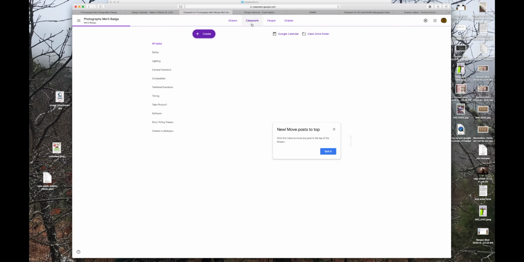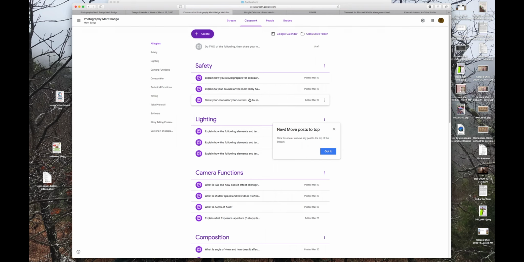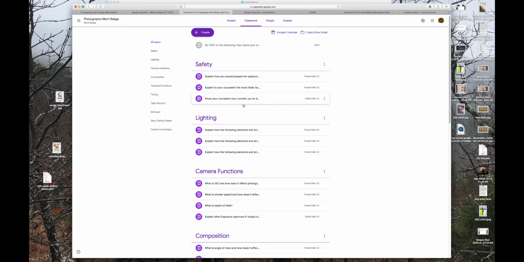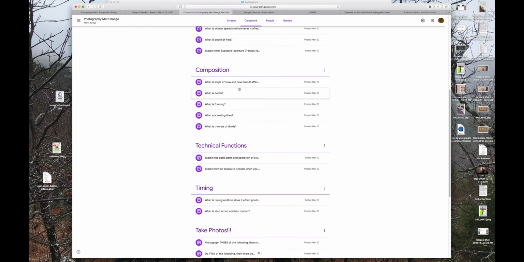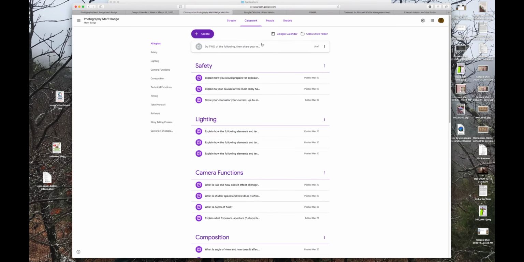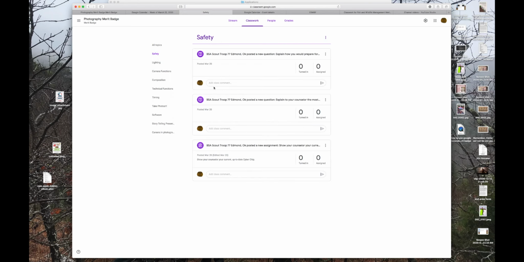Here's all the classwork. What I've done on classwork is found every requirement. I've tried to sort them by what their subject is on this merit badge. So I've created a heading for each one of these, and then put them under that heading. They don't have to live under a heading, but for instance, safety, if I wanted to create a new one for safety, I can click on this and see that there's more here, but I would actually go back to